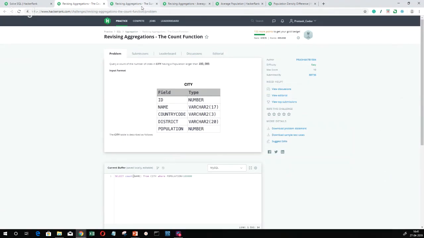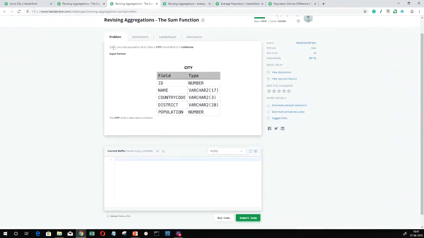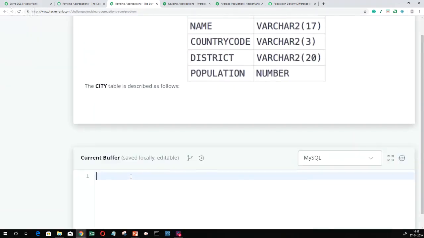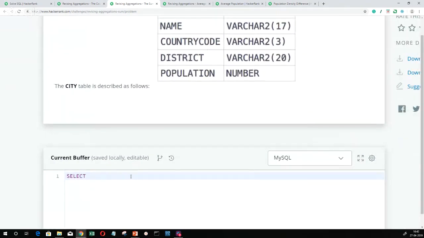So let's move on to the second question. We have to use the sum function in this particular question. If we look at the problem statement, it says query the total population of all cities in city where district is California. All right. So we have to find the sum of the population here. So let us just start with select sum of, this is the function we want to use, and we have to find the sum of the population column here,